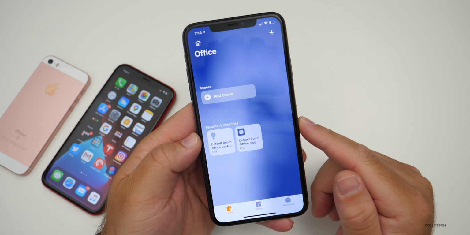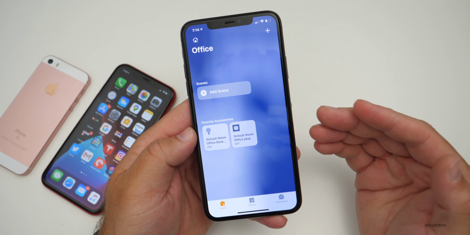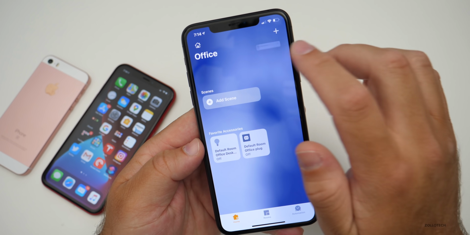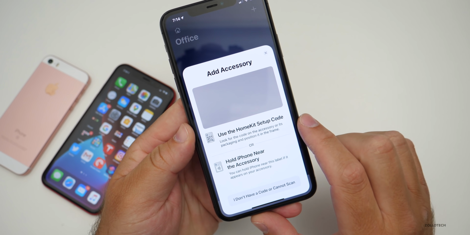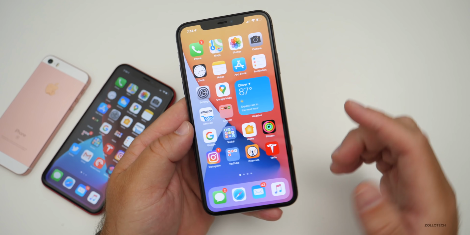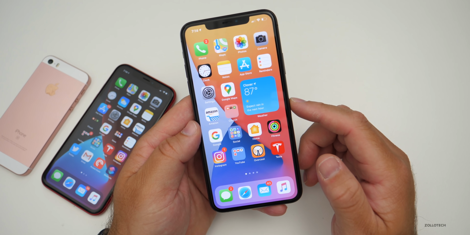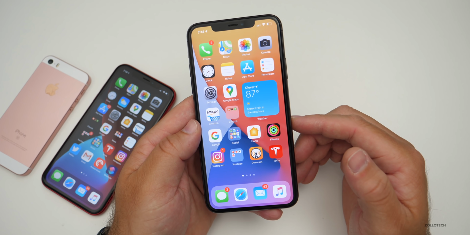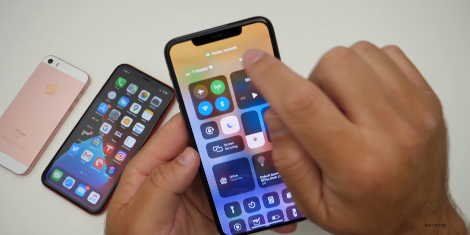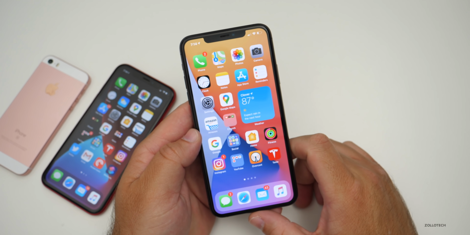They've also partnered with Amazon and Google on this to make more secure devices and have better compatibility across everything. So you can do things like add an accessory, and now you can use a HomeKit setup code or hold iPhone near the accessory, and it will work with more accessories in the future. So they've added all of these things, and Home got a huge update, and I think it's much easier to use. I like how it adapts in the Control Center. I think it's pretty simple, and you'll see it says at the top, Home recently. So it's pretty nice that they've added that.